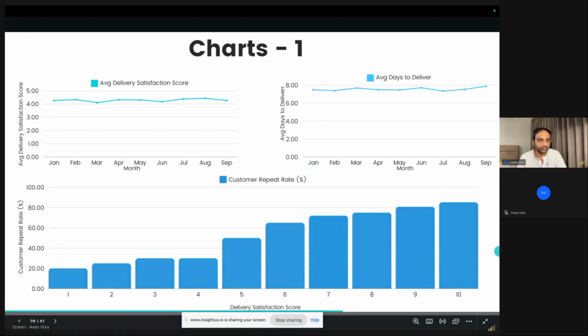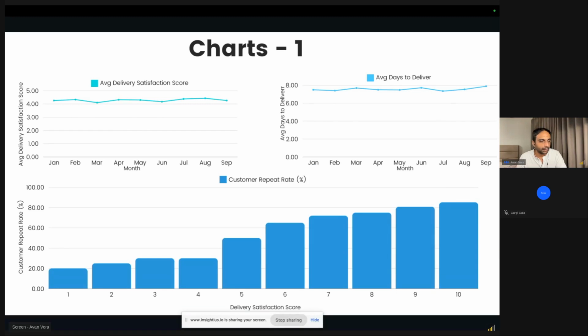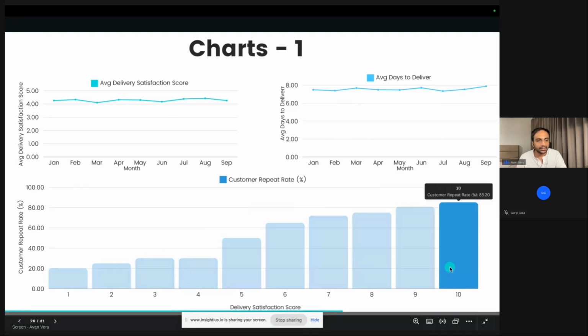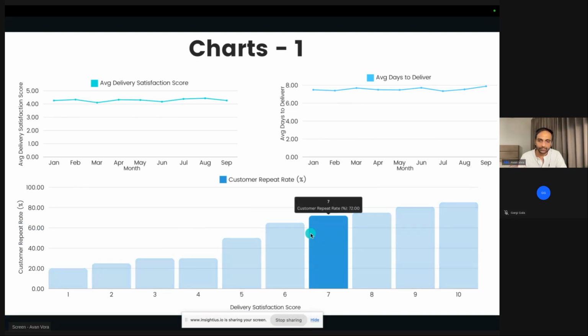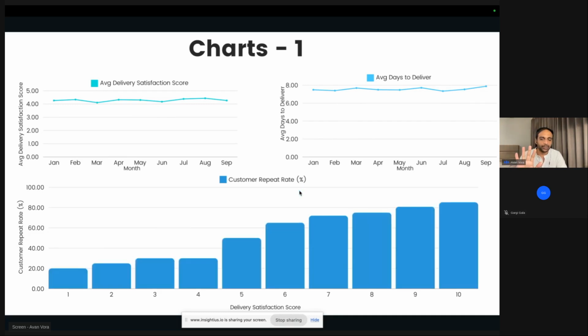What is the trend here then? Yeah, rating is directly proportional to return rate. Perfect. Yeah, that's what I'm looking for. You see how score is increasing and your repeat rate is increasing as well. So there is a correlation, right? There is a correlation, and it makes intuitive sense also, that if you're happy, you're going to come back and shop with us. Okay, so have this in mind. We are going to go to the next set of charts.